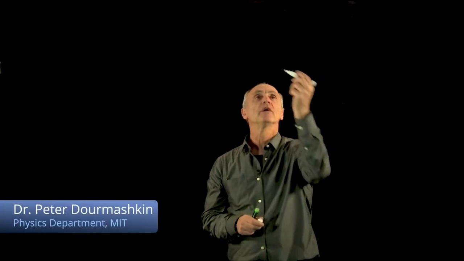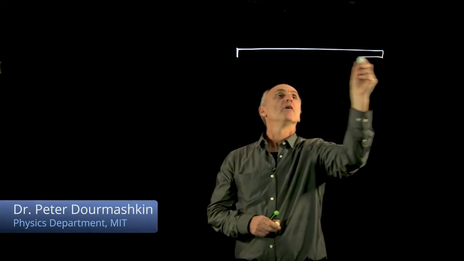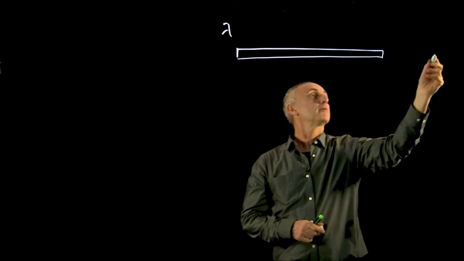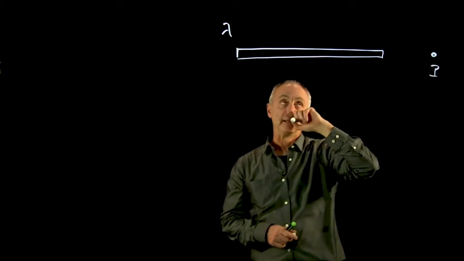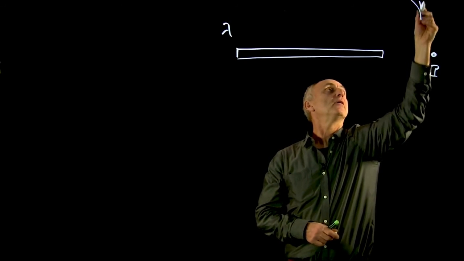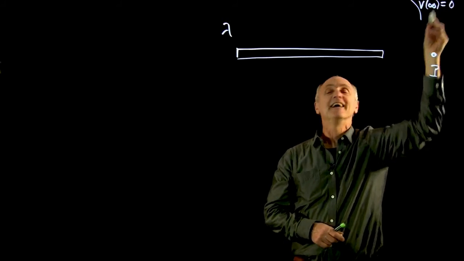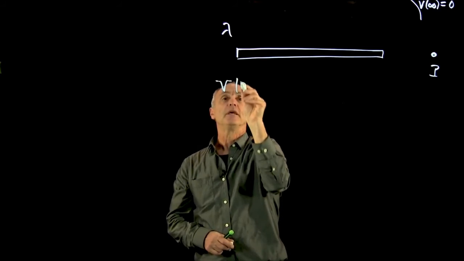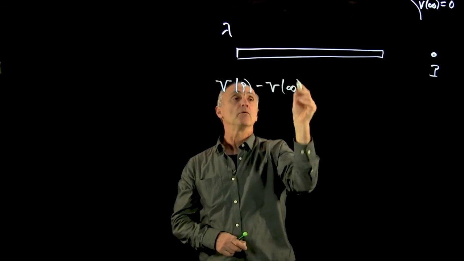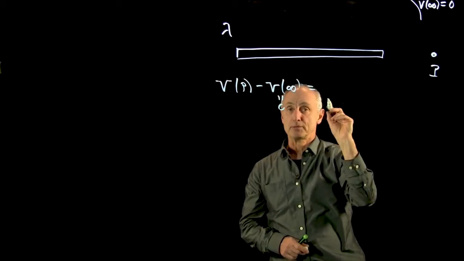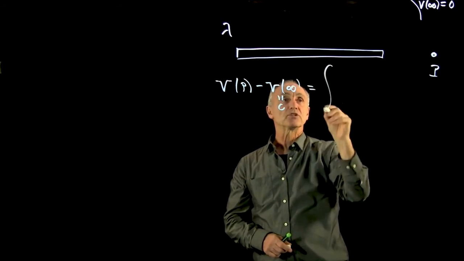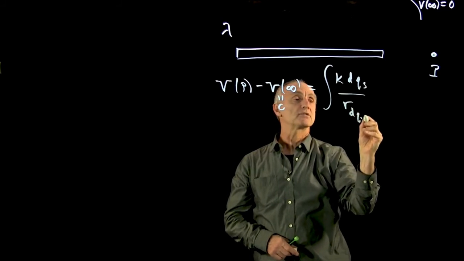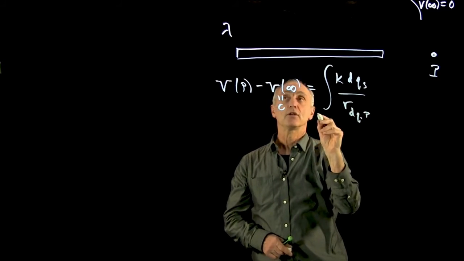Let's calculate the potential at a point P where we have a finite rod of uniform charge density lambda, and I'm going to place a point P here at the end. Remember, out here is infinity, and I'm choosing my zero to be at infinity. I want to calculate V of P minus V of infinity, which is 0, using our formula for the potential, the superposition principle, where we do k dq_s over the distance r_s to the point P,